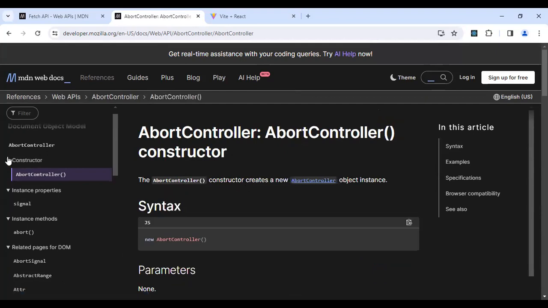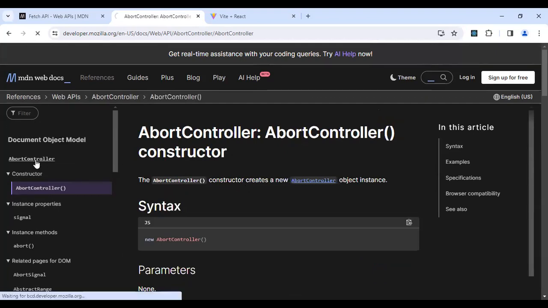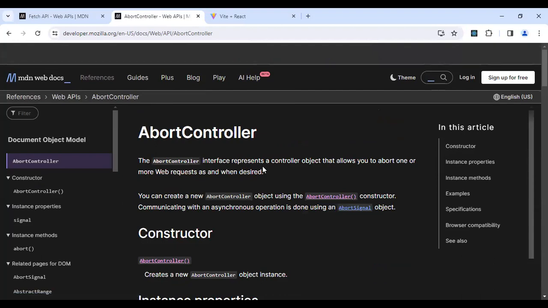It's an interface that represents a controller object that allows you to abort one or more web requests as and when desired. So as per the requirement, as per the flow, it decides when to abort the particular API